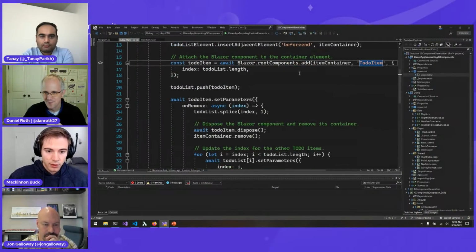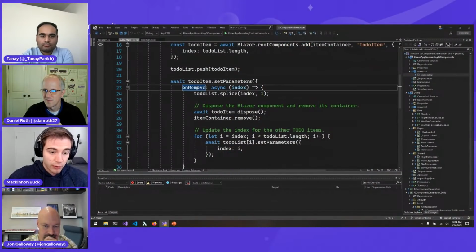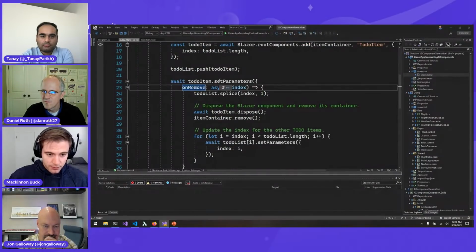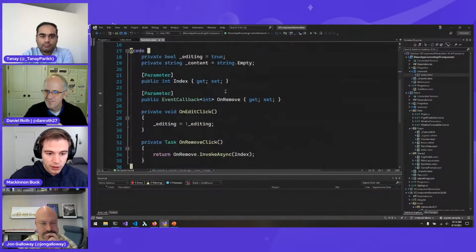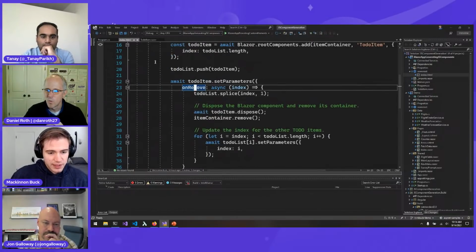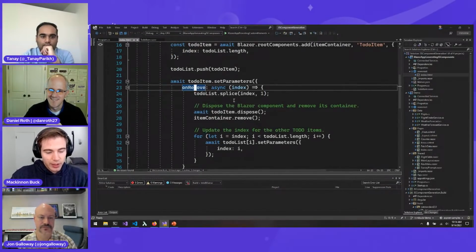So once we add the component, we afterward can call set parameters, and that will update the initial parameters that we provided it. So here we're providing the onRemove callback. We're not providing an index, so it'll just retain the last index that it had. And one thing you might notice, which is pretty cool, is we're just passing a normal JavaScript function here, even though the type of the onRemove parameter was a .NET event callback. So what's actually happening here is the JavaScript function is being wrapped and converted into a .NET event callback. And this is neat because it not only allows us to communicate from .NET to JavaScript by passing parameters from